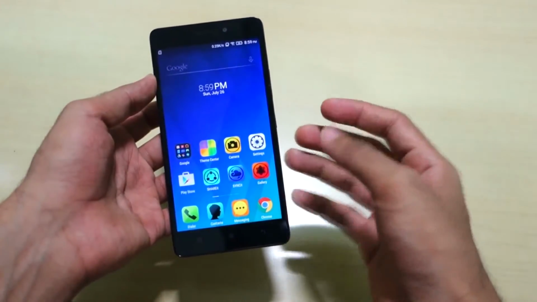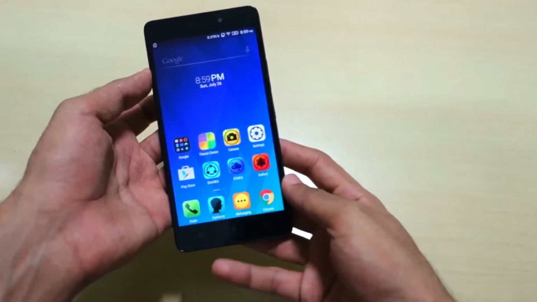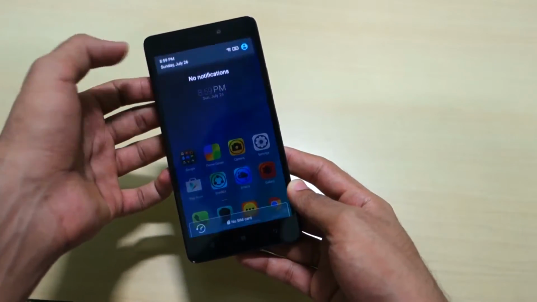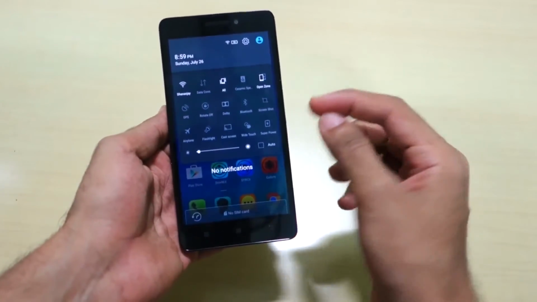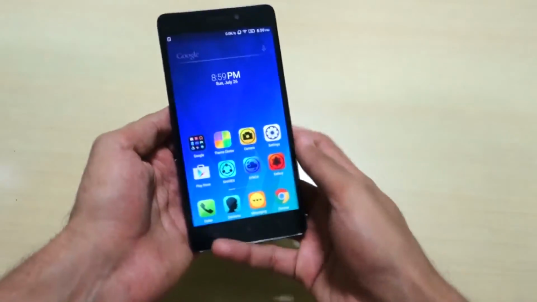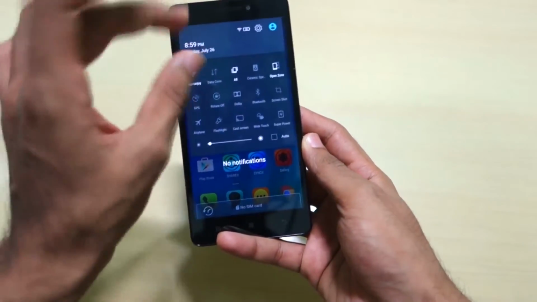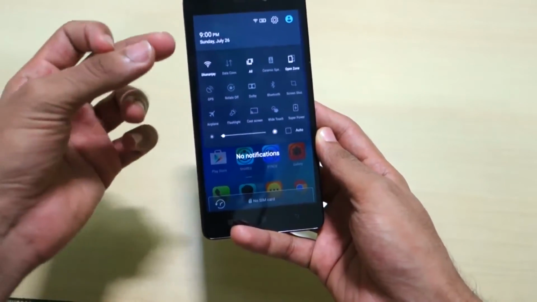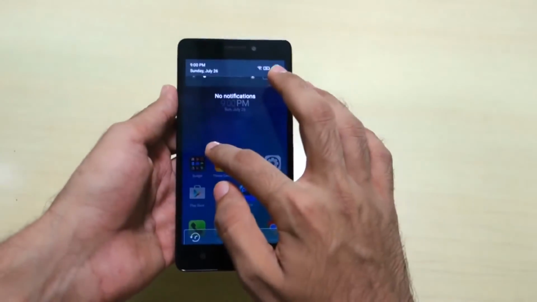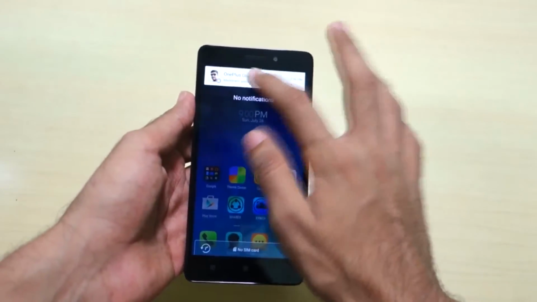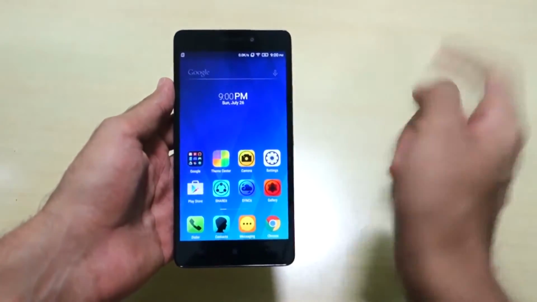So now let's talk about the notification center and the quick settings toggle. If I just slide down from here, it will take you to the quick settings toggle directly with a pause if you do not have any notifications. As you can see, if I just slide down, it will wait there for half a second maybe, and it will come down. But if you just do like this, then, yeah, that was a notification.